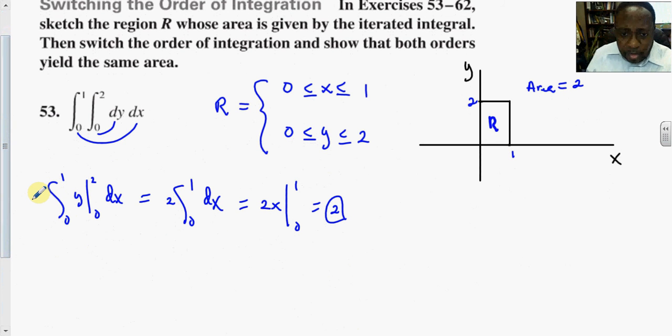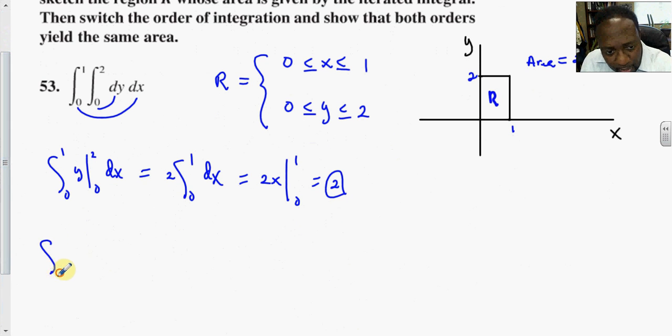Well, if you switch the order of integration, do we get the same thing? Yes, we do. Now here's the thing. You can switch this order of integration and work it out directly. Nothing typically changes because this is a fixed region. It's a rectangle. There's no curves where you get different values as you move from different places. Here it's static, so